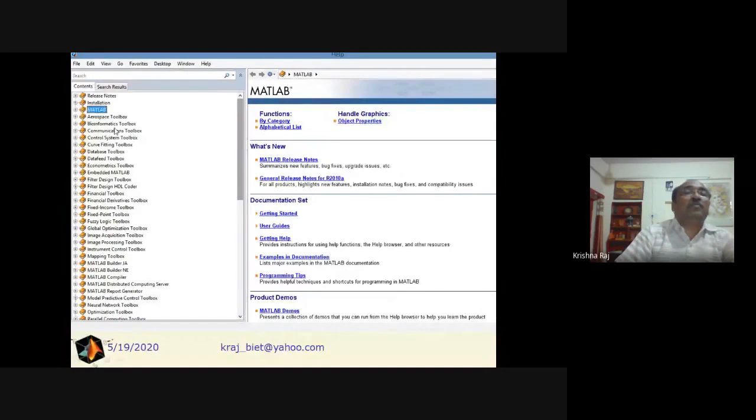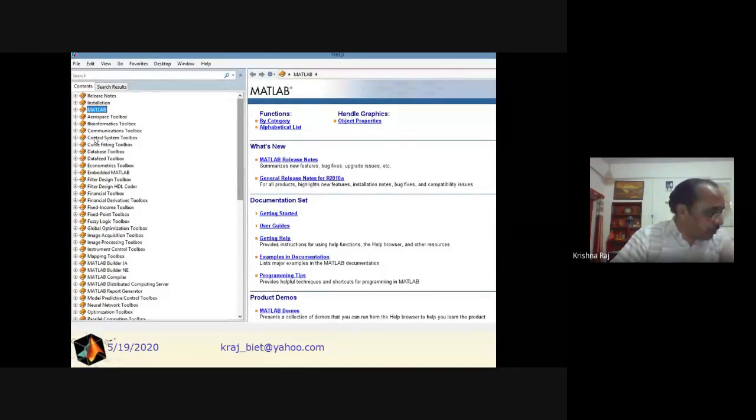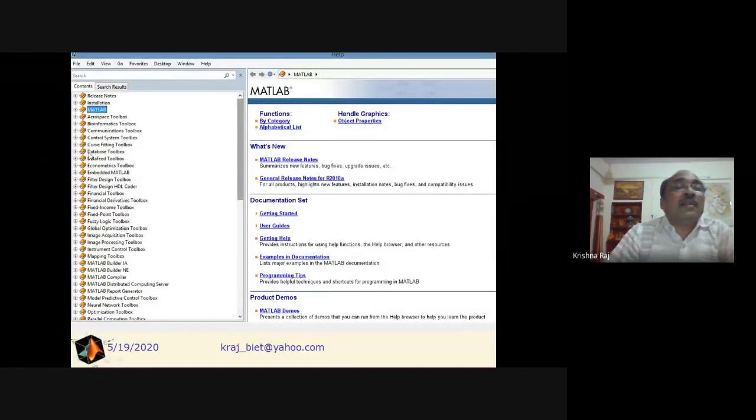So for example, if we see, we find there is the aerospace toolbox, bioinformatics, communication toolbox, control system toolbox, curve fitting toolbox. As sir was asking, and somebody, your participants, were asking about curve fitting. Now see, curve fitting itself is an ocean. These are not a single title, but they are an ocean, a field of specialization. And the database toolbox, here the datafeed toolbox,